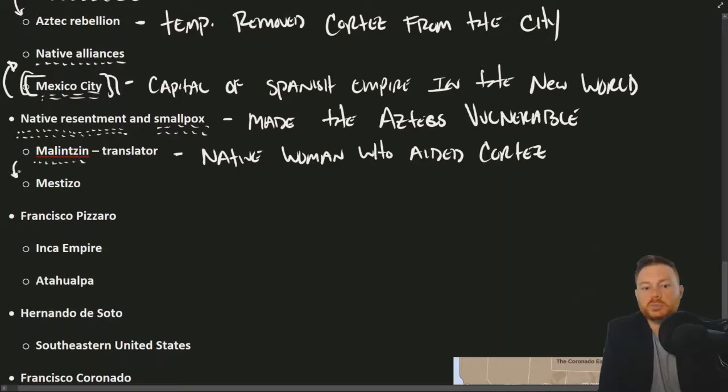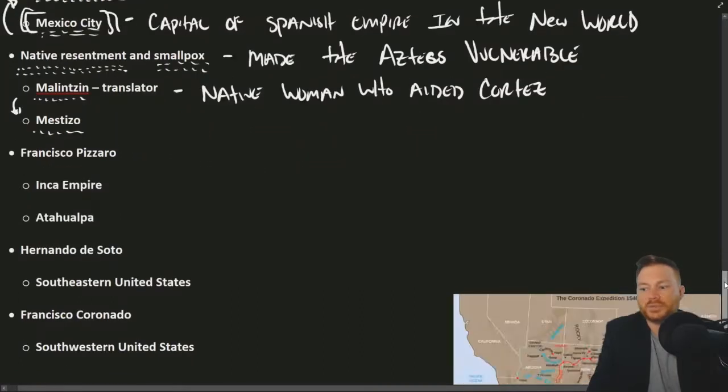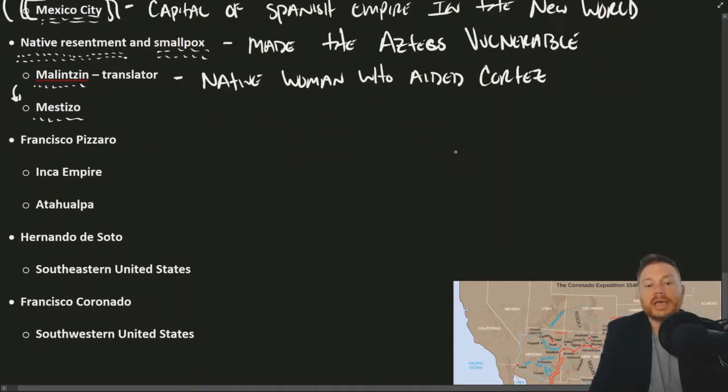Malintzin and Cortez had a child. This is believed to be the first Mestizo in the New World. Probably not, but at least that's what the textbook claims. And a Mestizo is a person who is born of mixed blood or mixed ancestry. So a Mestizo is a person, we might say, of mixed blood